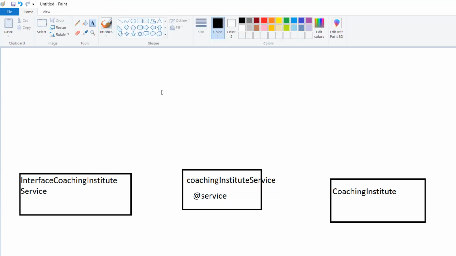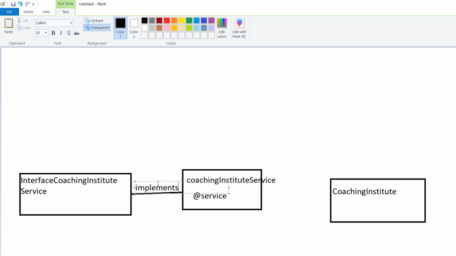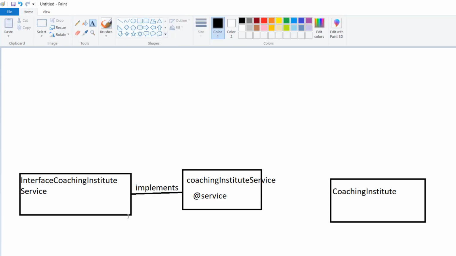Now this Coaching Institute service class implements the Coaching Institute service interface, and after that what we did in the Coaching Institute service class, we auto-wired and connected the Coaching Institute model with the help of @Autowired and @Component annotation. @Autowired and @Component annotation help us to connect independently in the IOC container, which will help us to maintain loose coupling. The Coaching Institute class was called and used in the Coaching Institute service,